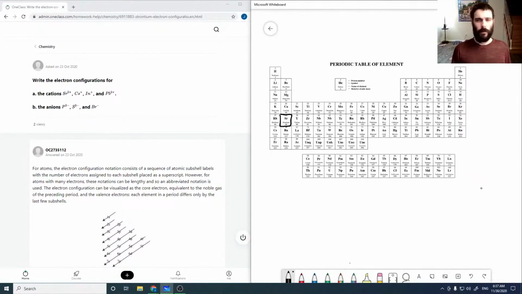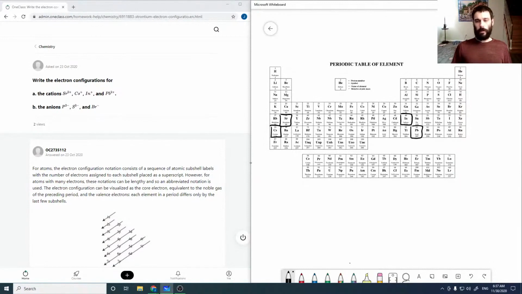Cesium plus is here. Indium is over here. And lead is down here. Okay, so